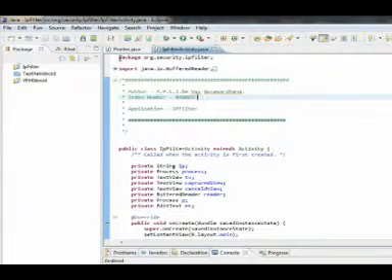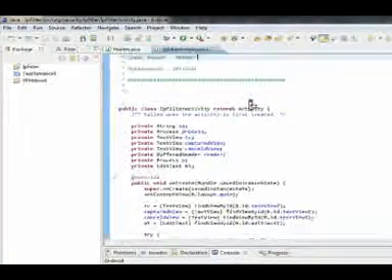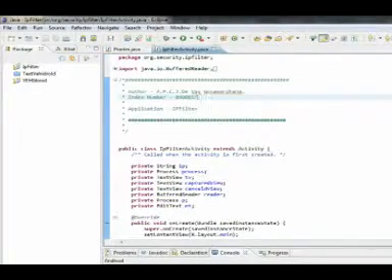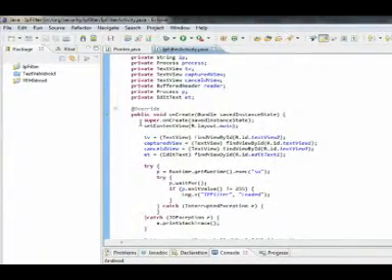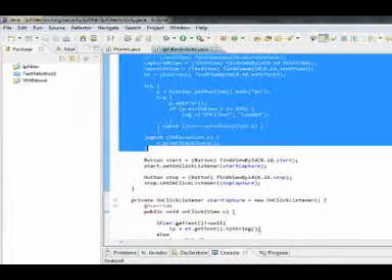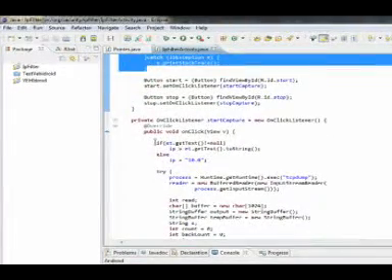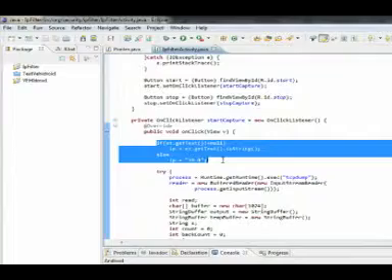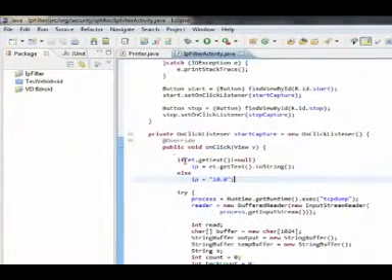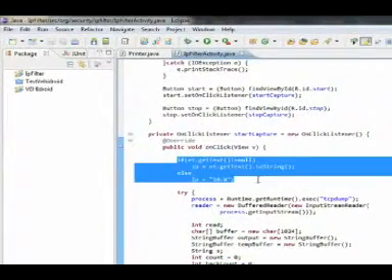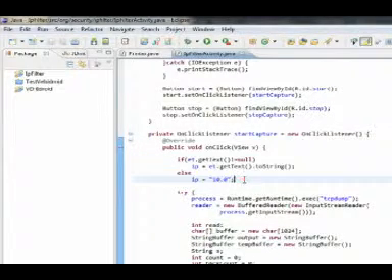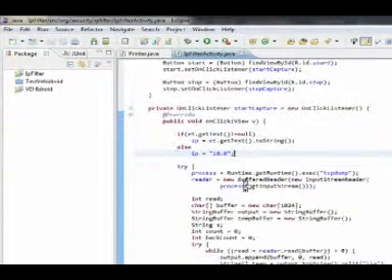This is the code for the Android application. Some parts of this code were taken from the tutorial, like these ones, and this one was written by Jayamaldi Vaskunardhana because this is related to the filtering part. This takes the IP address which is in the text box and saves it in a variable IP.